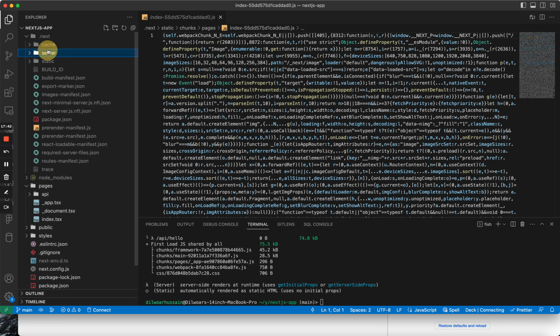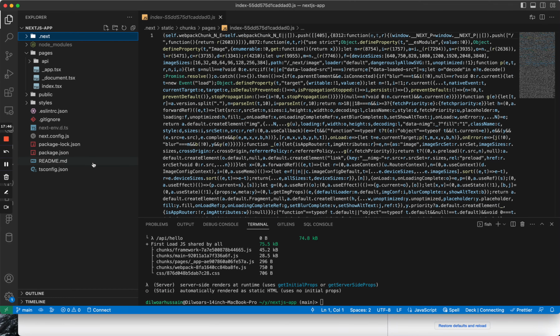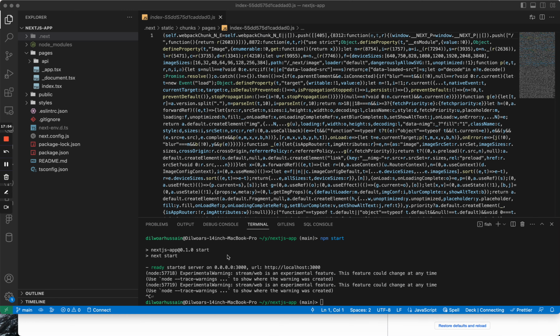Sorry, let me just go for it. Okay, cool. So I think I need to, sorry about that. So now that I've built the application, I could just run npm start, which is different to